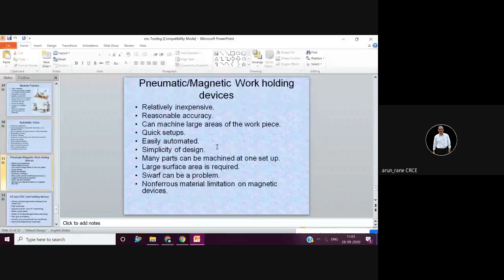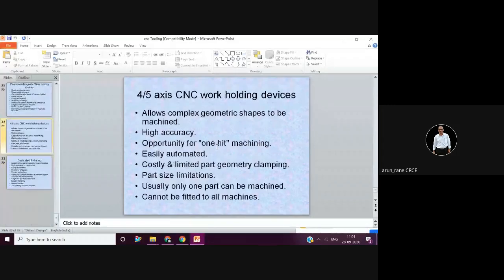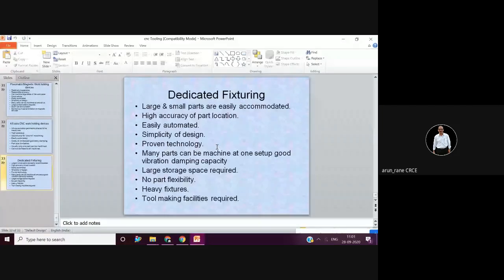And this is how you can improve the productivity of the CNC machine. Companies ask you to describe how the productivity can be improved on the CNC machine. So you can specify by using automatic tool changer, by using automatic pallet changer, by using presetting devices, or dedicated fixturing. Productivity can be improved. If you have any doubt, you please ask.